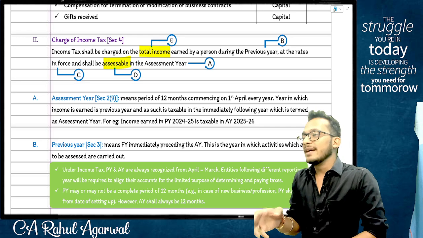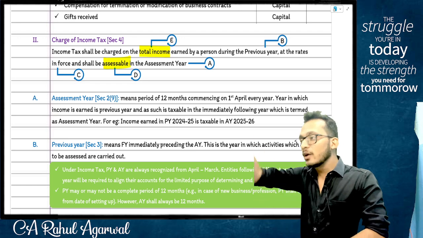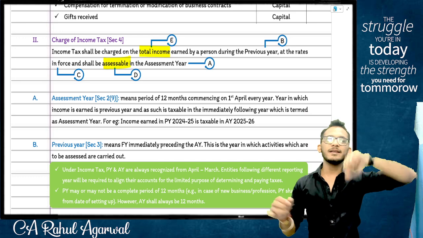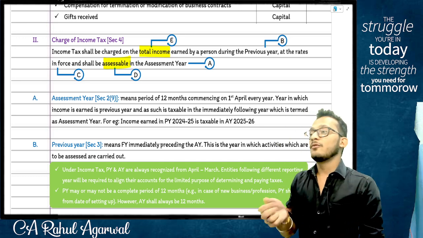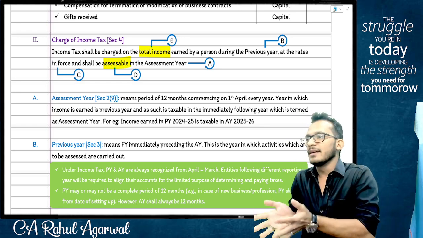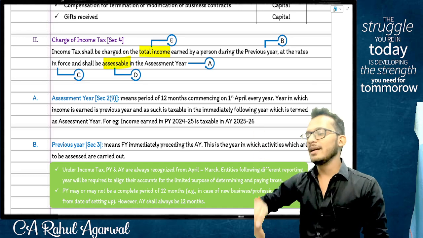Just because you see a date does not mean it comes from that date. The date is coming and clarifying. I'm looking at it from that date for data of previous year. So for your exam, you are writing the exam for assessment year 25-26 for the previous year 24-25,